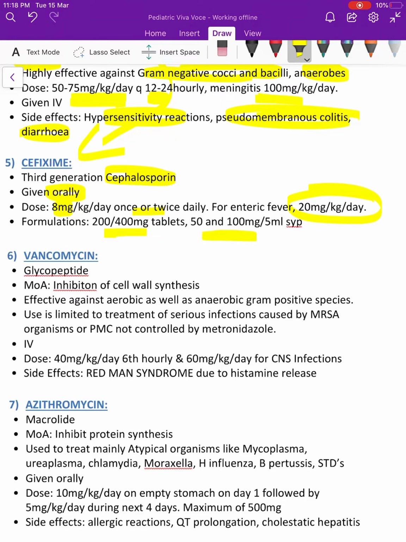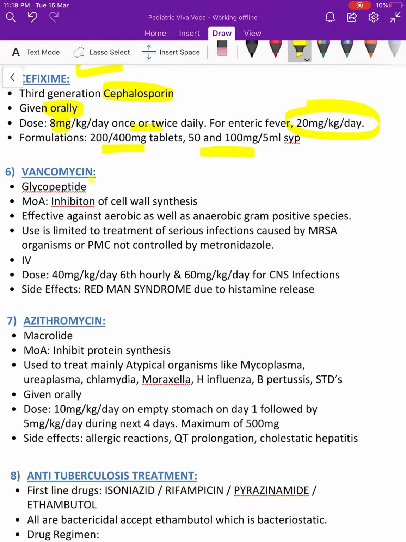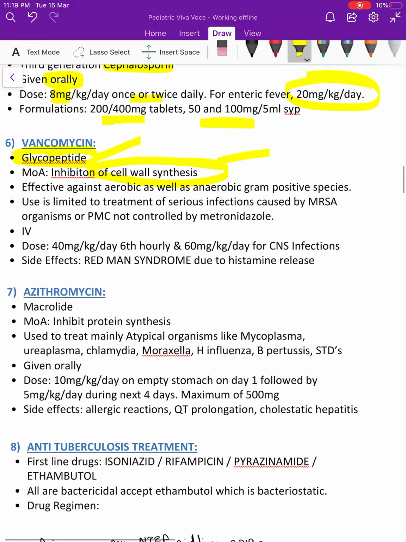Next is vancomycin. Vancomycin belongs to the glycopeptide group of antibiotics. How do they act? They act by inhibition of cell wall synthesis. When is it used? It is effective against aerobic as well as anaerobic gram-positive species, and it is usually limited to treatment of serious infections caused by MRSA, methicillin resistant Staph aureus, okay, or pseudomembranous colitis that is not